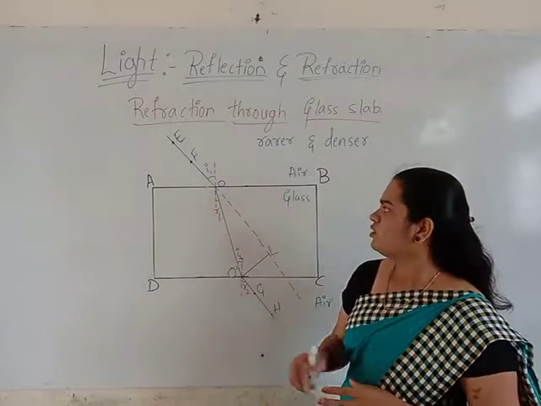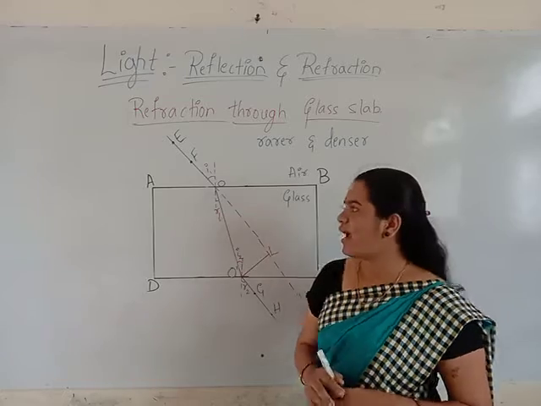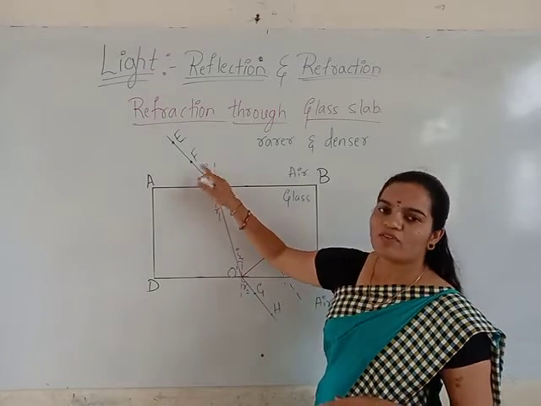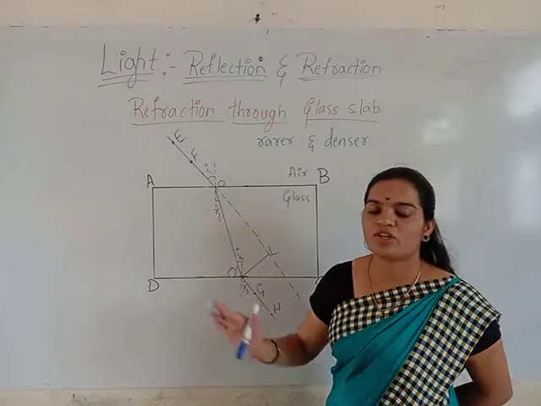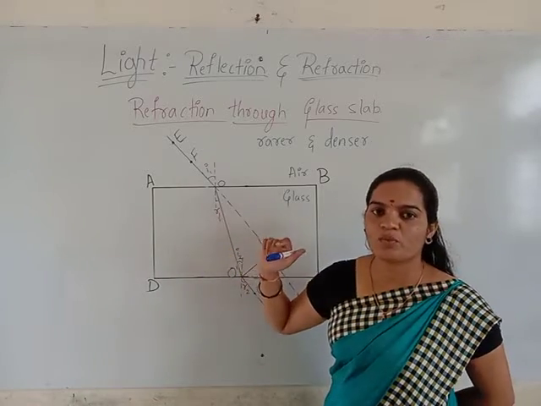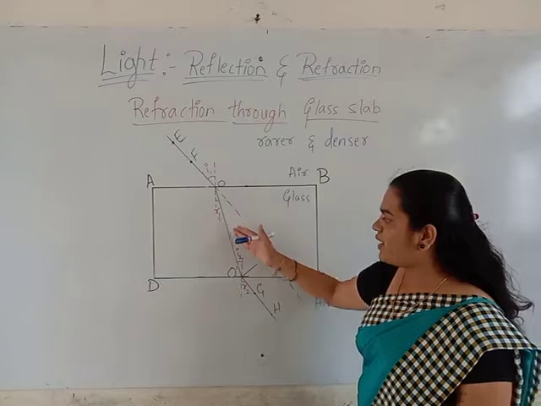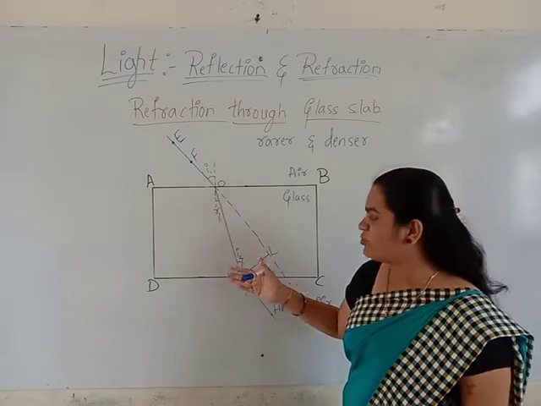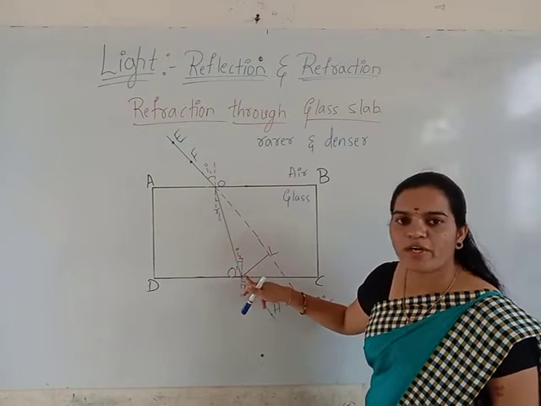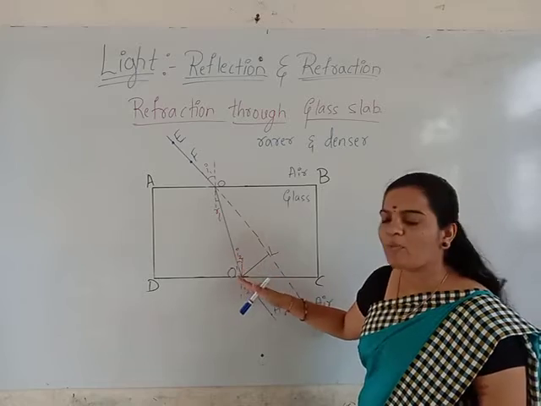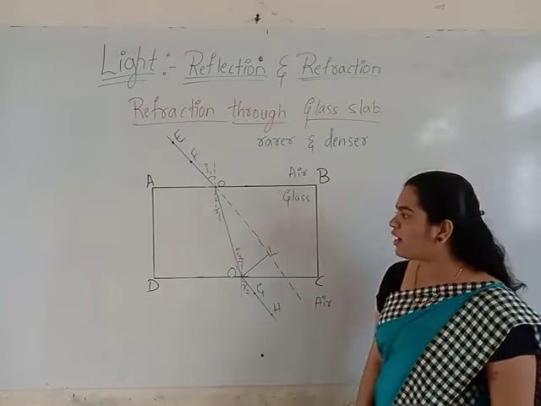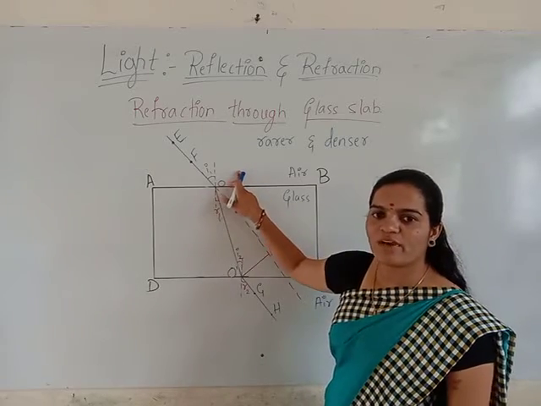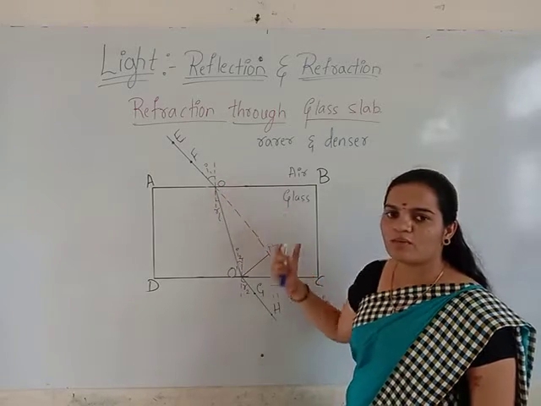So now, where we had marked the angle of incidence I1 and the angle of refraction R2. Next, as the ray travels in the glass medium and at the point O dash, it tries to come out of the glass and it enters the air medium again here. Now what happens? This was the first case where it is entering from air to the glass. But in the second case